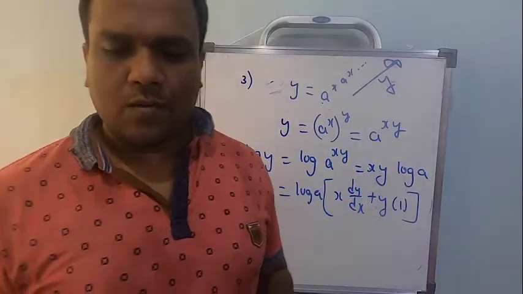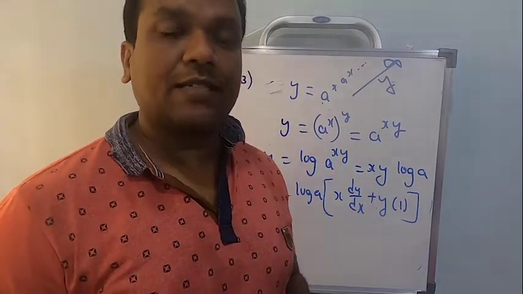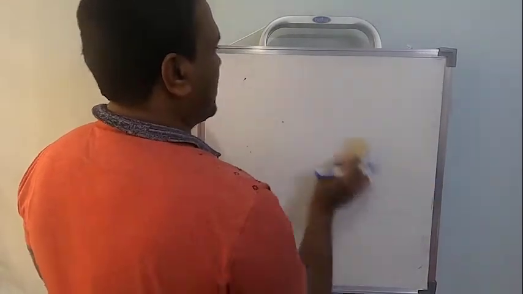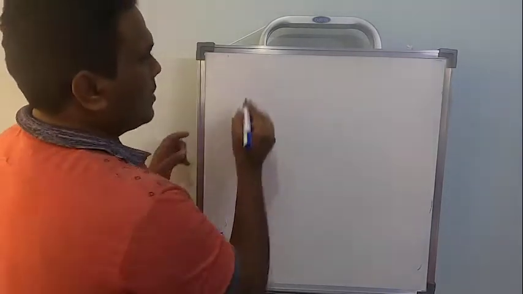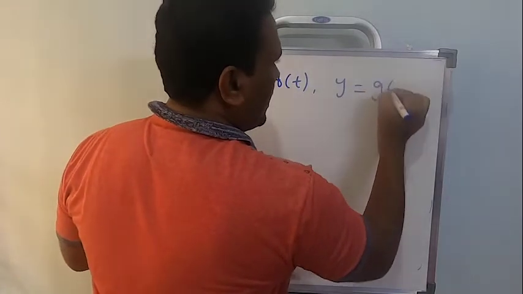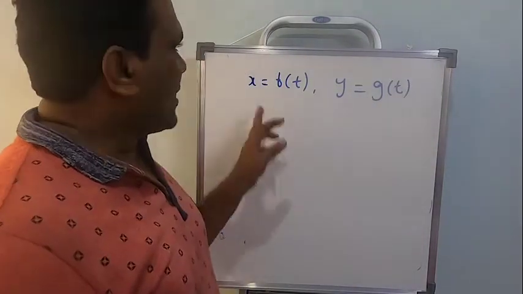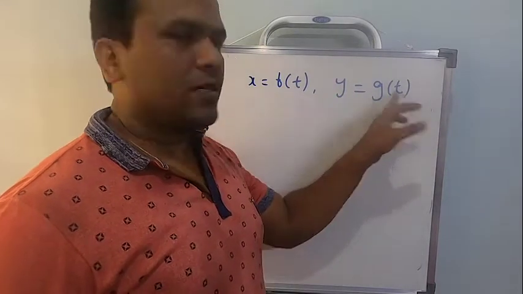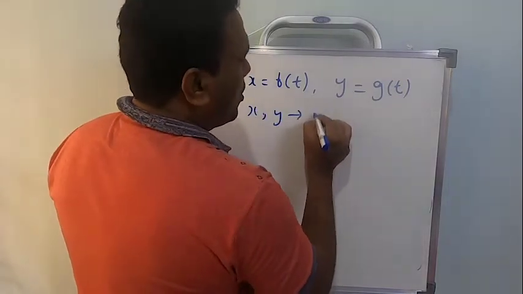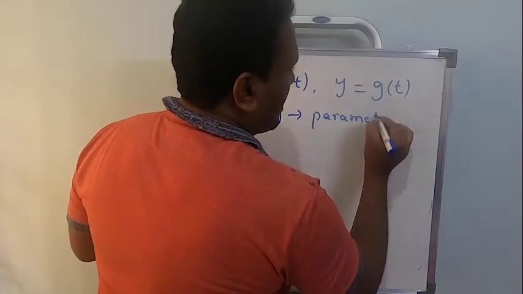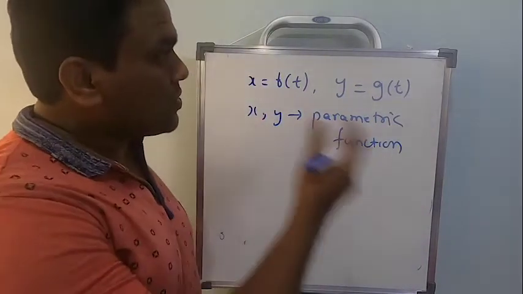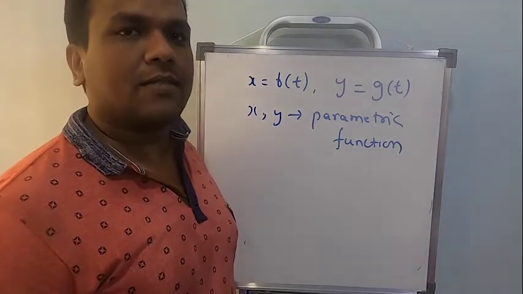Okay students, now let's move on to the next topic of differentiation, the next type of differentiation. Before that I will give you an explanation. If x is a function of t and y is also a function of t, so x is expressed in terms of t, y is also expressed in terms of t, then x and y are called parametric functions. So when x and y are expressed as functions of some other variable called t, then